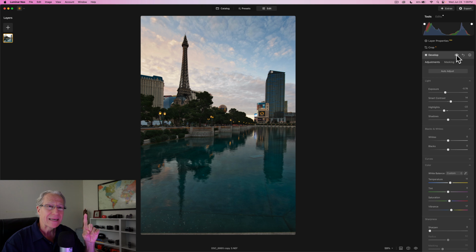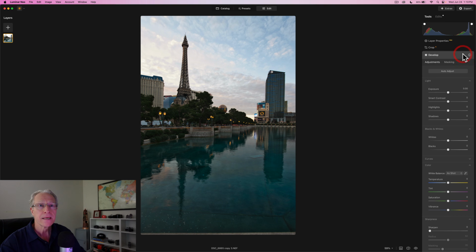But keep in mind, because that gradient covered the tops of those buildings, it's also covering the tops of those buildings with that drop in exposure. So depending on the photo, that may or may not work. In a cityscape with buildings where you have this kind of jagged up and down skyline, it may not work. It works okay here, but if you look at the top of the Eiffel Tower, there it's before and after, it's